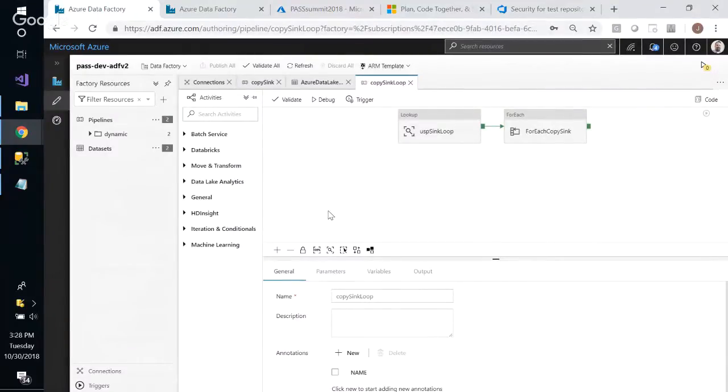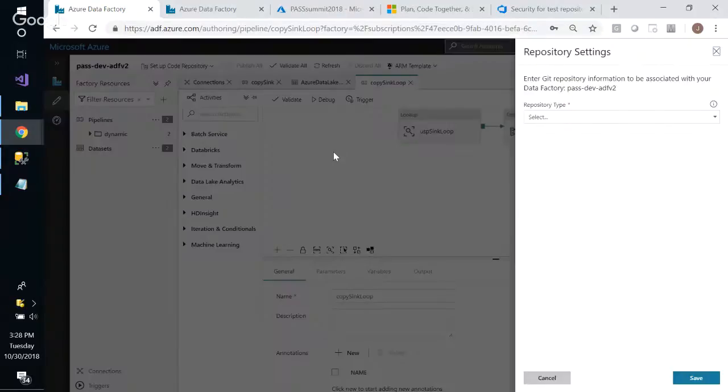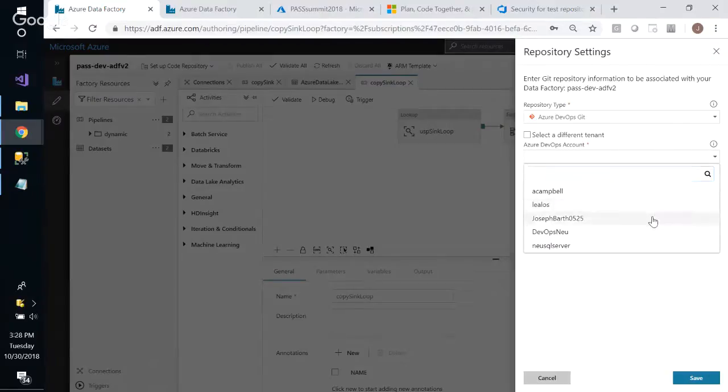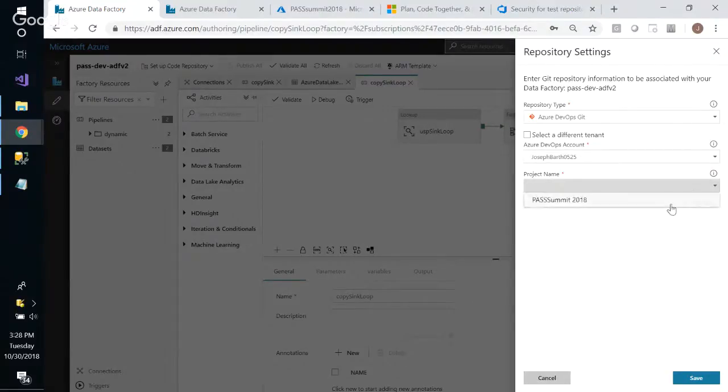So yeah, looking at the dev, to set up VSTS Git, you go to set up code repository. Azure DevOps, formerly known as VSTS Git, gives us the ability to get to our DevOps account, and we're going to add our code repository to a project that we have in the DevOps, and we'll go through that right now. So if we create,